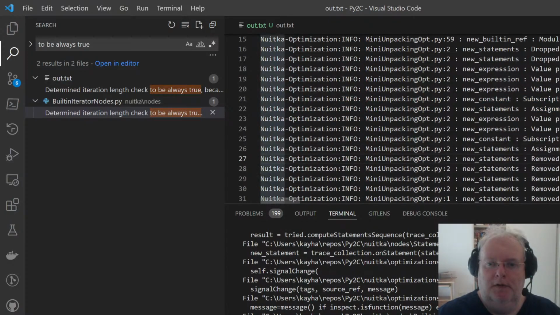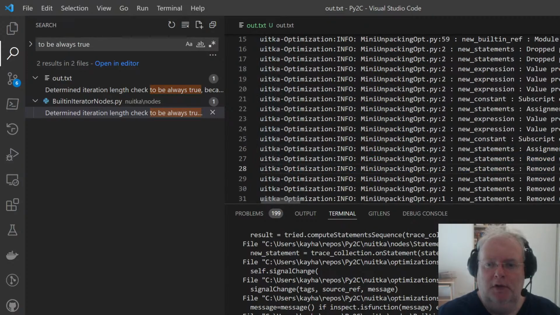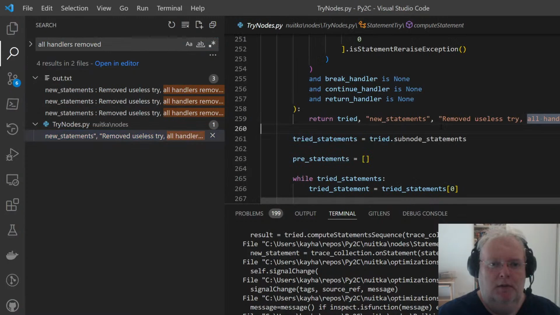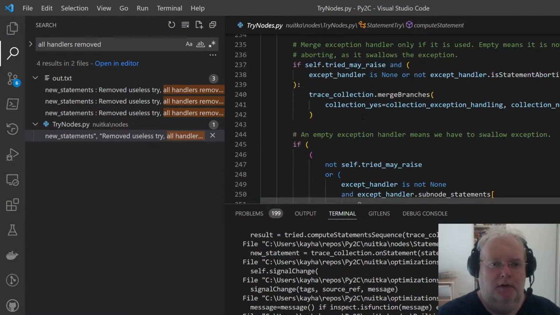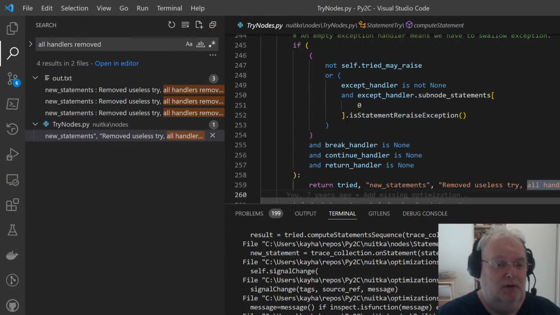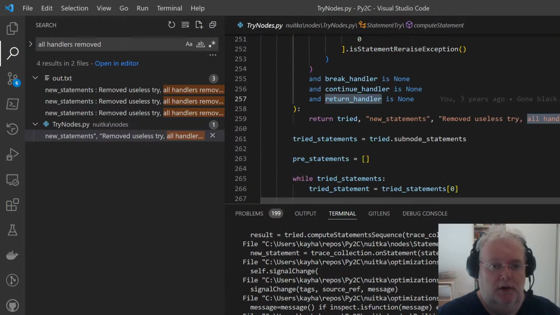Then lots of exception handlers. I meant to change this. Useless try all handlers removed is not what it does. I've seen this yesterday as well. So actually what this does is in the optimization of a try statement in the general case has a break handler, a continue handler, return handler, accept handler.